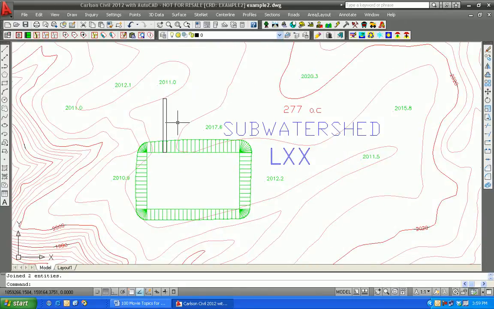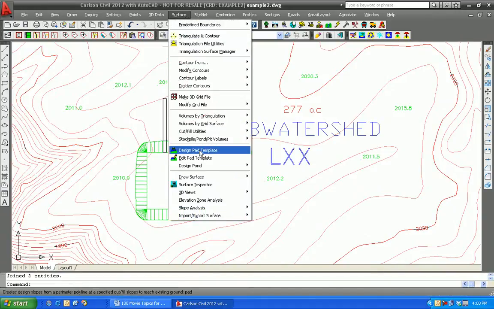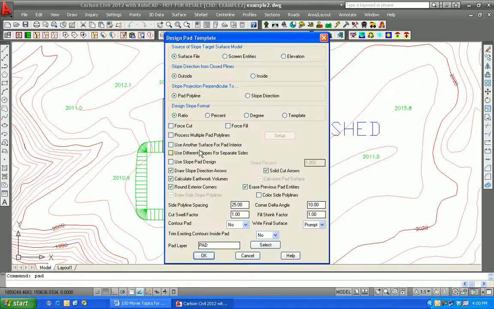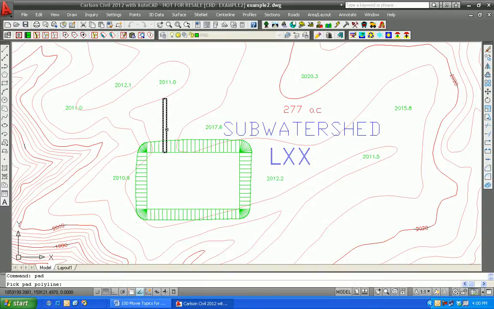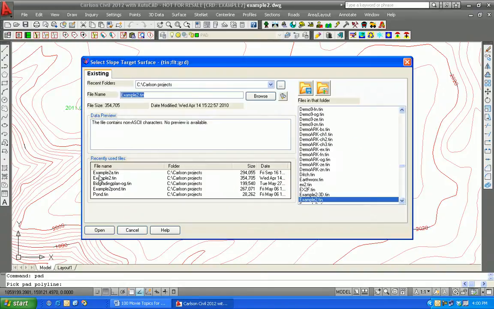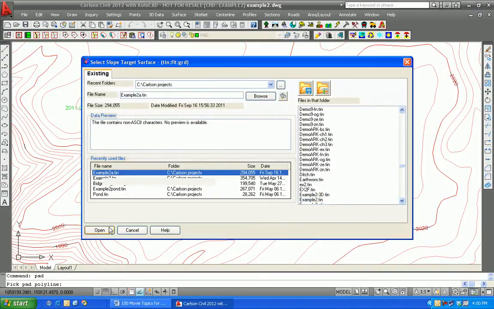Now we have our merged tin, including the pit. Let's do a sort of iterative process and build a ramp into the pit by that same command, Design Pad Template. We go to Design Pad Template, keep all of our selections the same, pick our new pad, done by a very common combination of Draw 3D Poly, Offset 3D Poly, Join Nearest. We pick that pad, use example 2A in this iterative process,